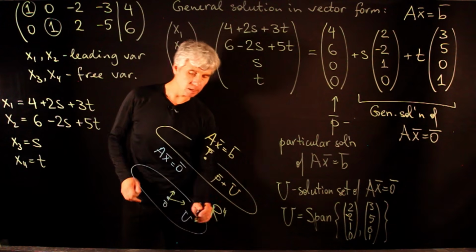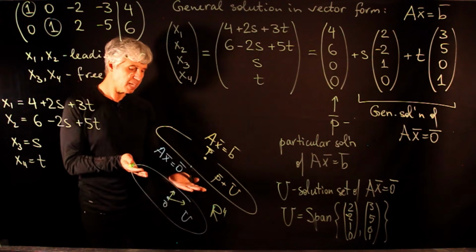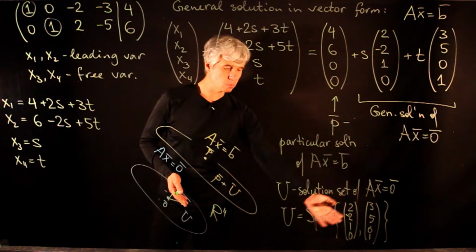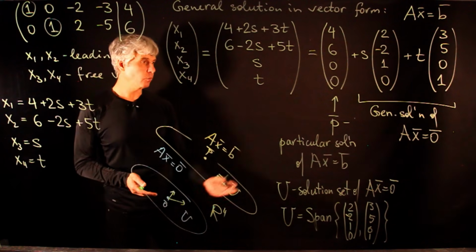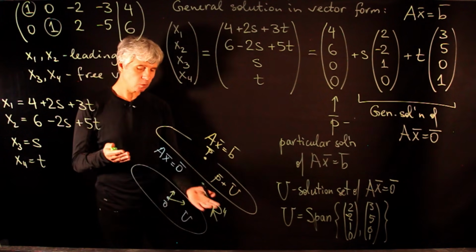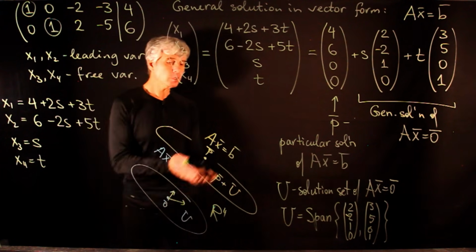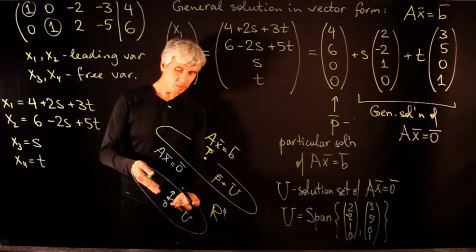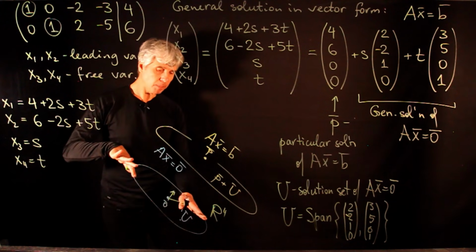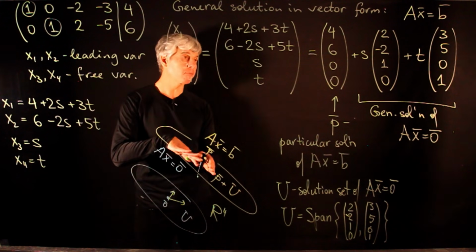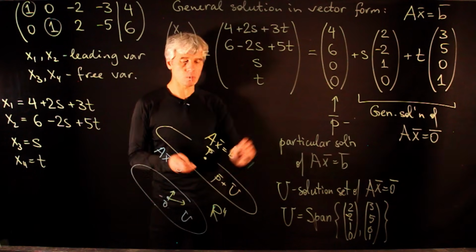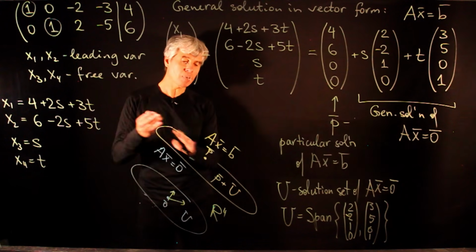So inside R4, we have a plane spanned by these two vectors. And for the homogeneous system, the solution set is a plane that goes through the origin. For the non-homogeneous system, we take this plane and shift it by this vector, 4, 6, 0, 0. So now we get a parallel plane